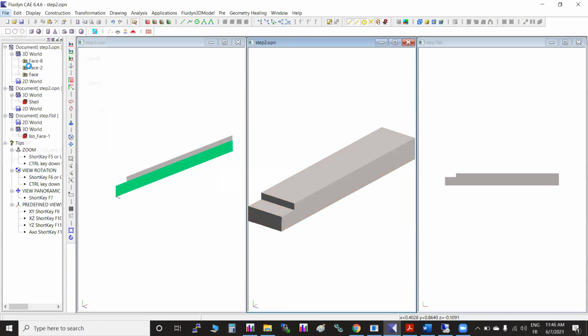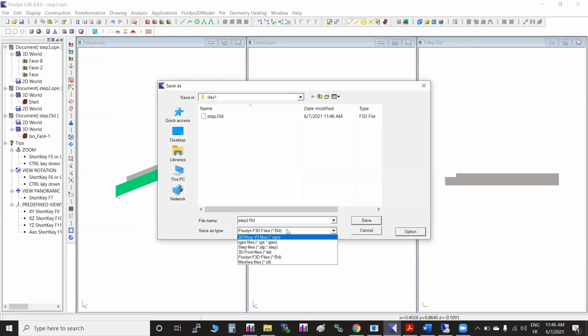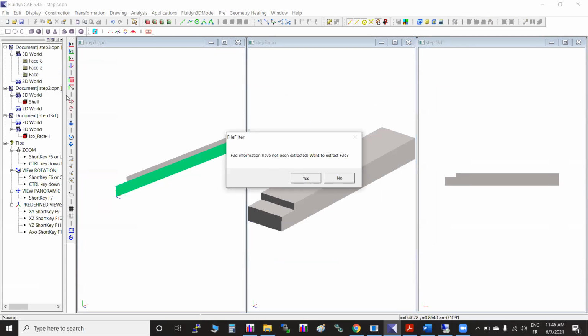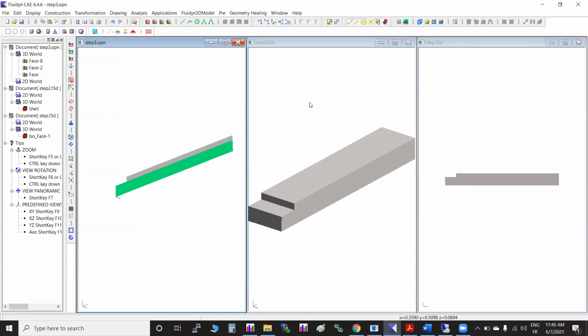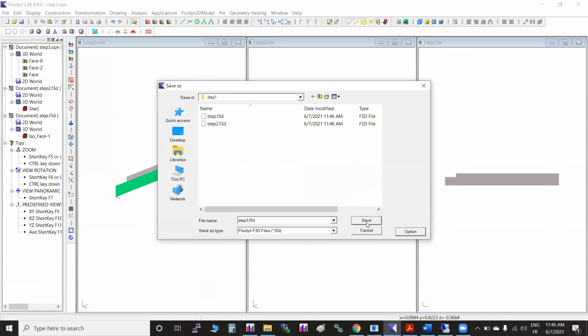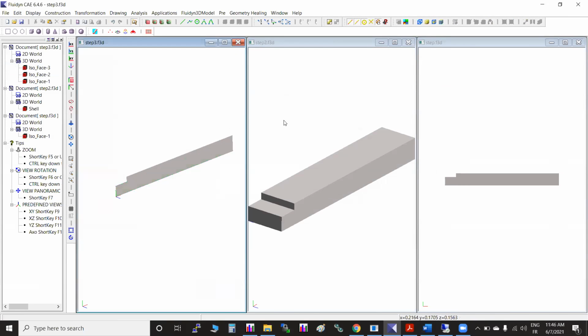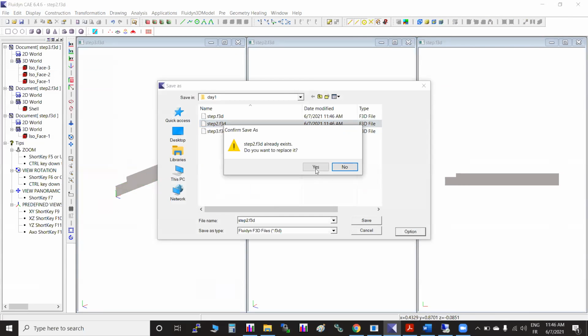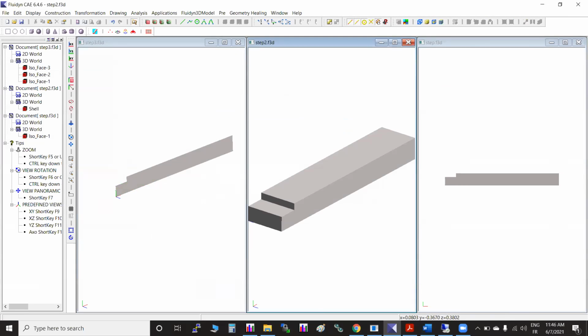Next, step 2. Next, step 3. Okay. Let me save it again, step 2. Okay, so it is there.